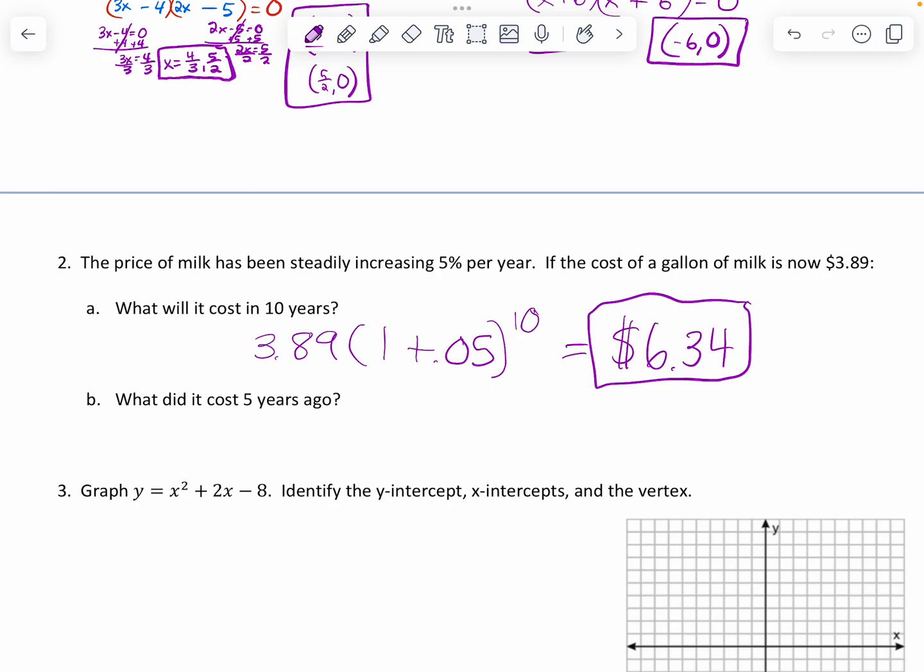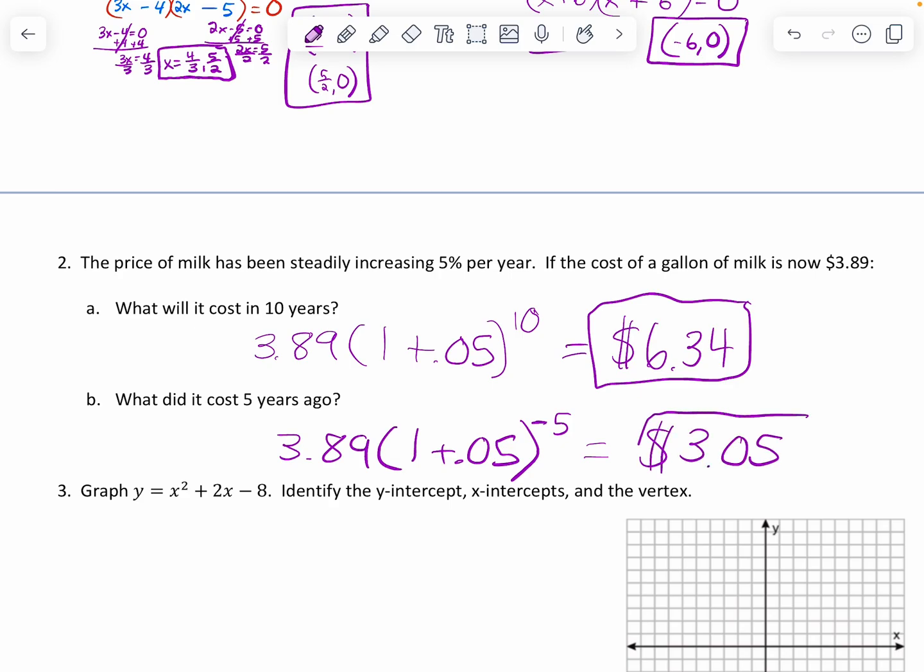Now, the next question is asking something similar, but it's asking about 5 years ago. So it's asking for the cost in the past. So in order to go backwards 5 years, I'm going to have to make my exponent negative because we're going in the past. So 5 years back would be a -5 as my exponent. So I'm going to go back to my calculator and type in -5 as the exponent, and I end up getting